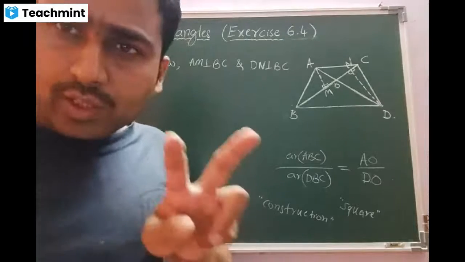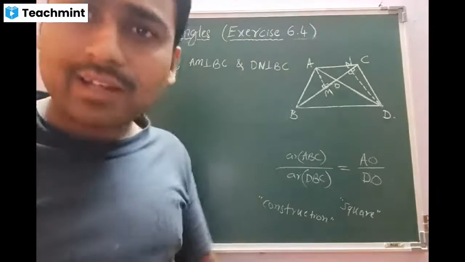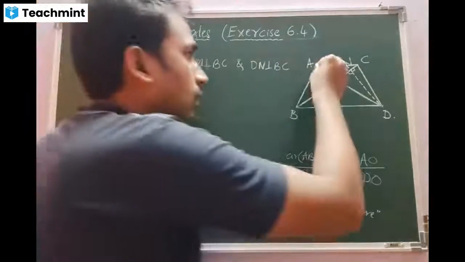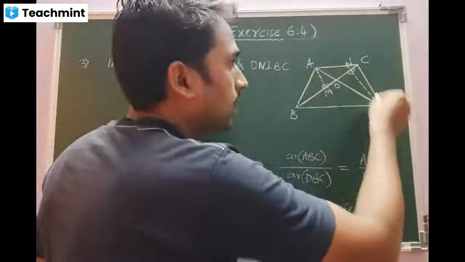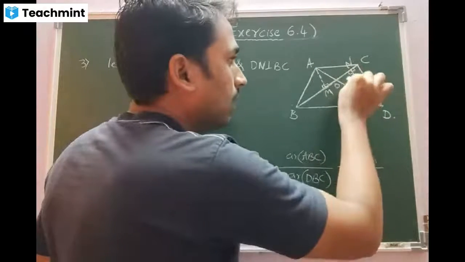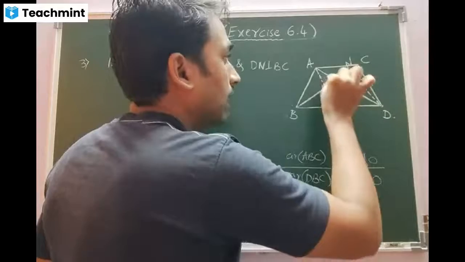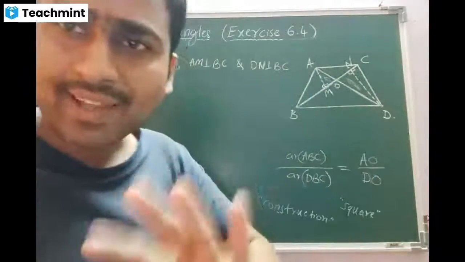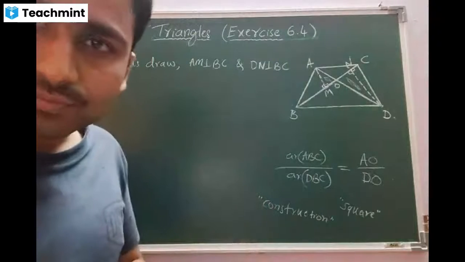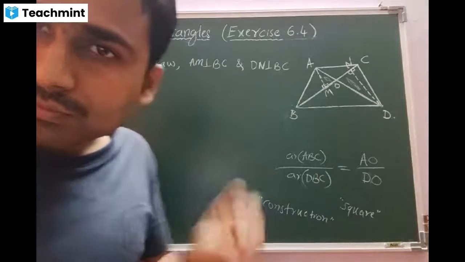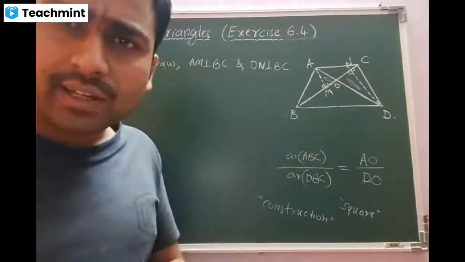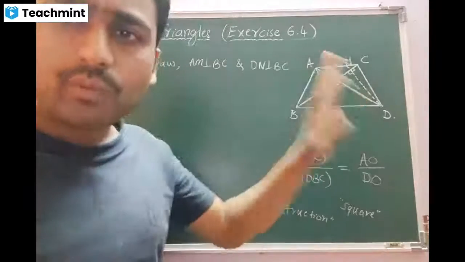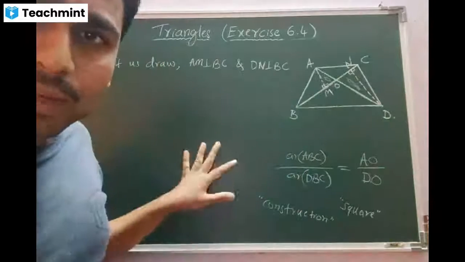Now look at the concept. We are going to get two right angle triangles, beta. What are those? AMO and DNO. This triangle and this triangle. We have to consider both. Let us prove that they are similar. Are you getting my point? Yes, sir. Question comes, sir, what we will get if we prove the similarity? We will see it later. First, let us prove the similarity. Okay, beta?